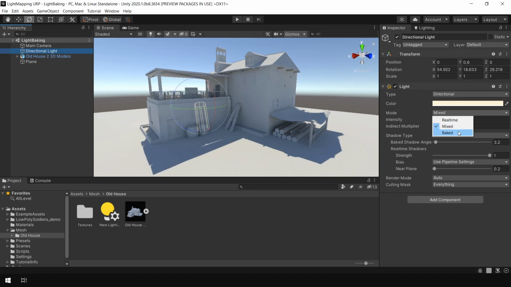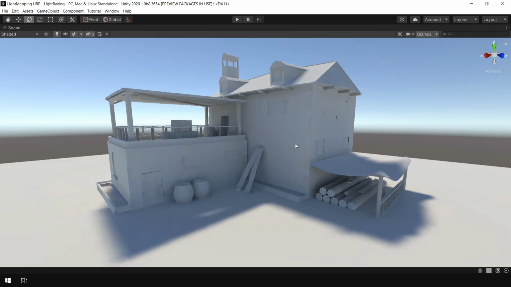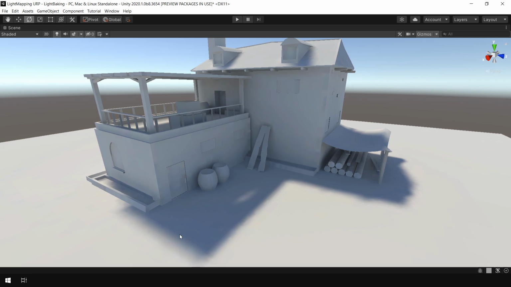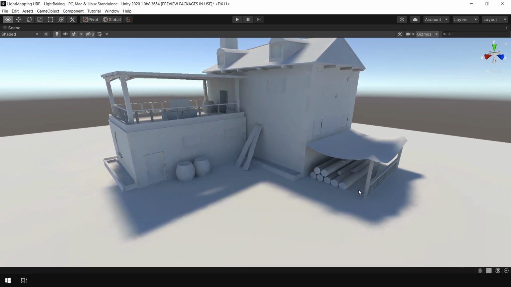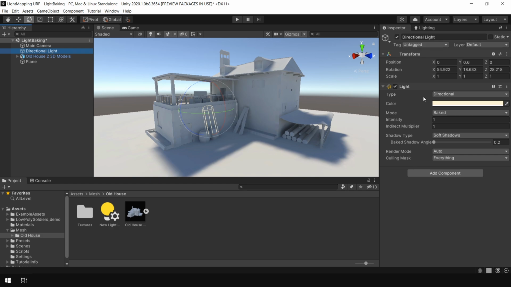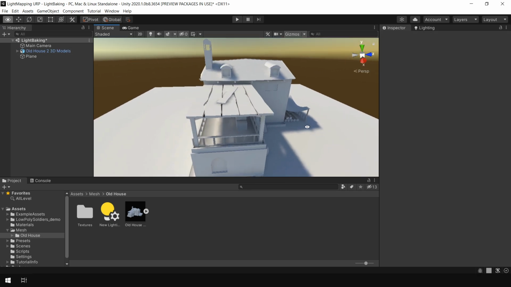Next, let's switch to the bake mode and bake the lighting one more time. And as you can see in this mode, our quality is a little bit dull. The shadows are a bit soft and also very low quality. In this mode, your light is completely baked into the scene. You can neither change your color or any parameter of this light. You can even delete your direction light and your lighting will remain the same because now it's completely baked